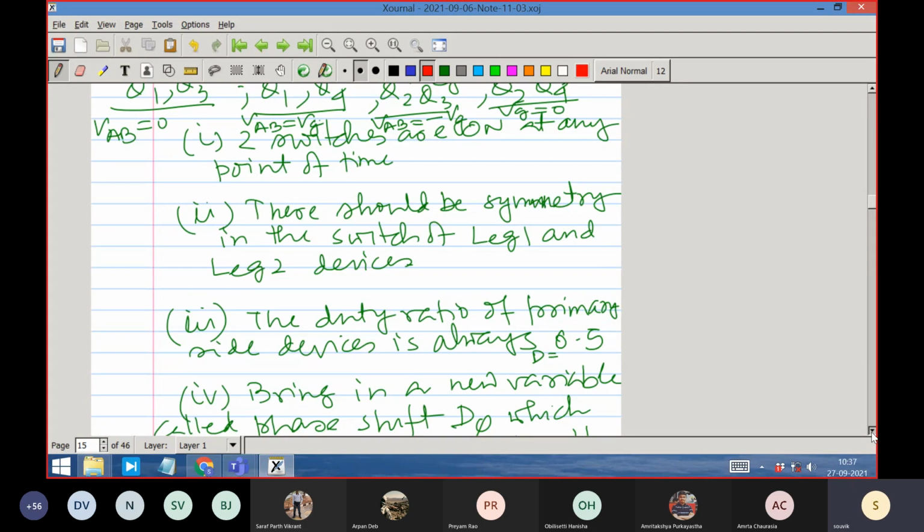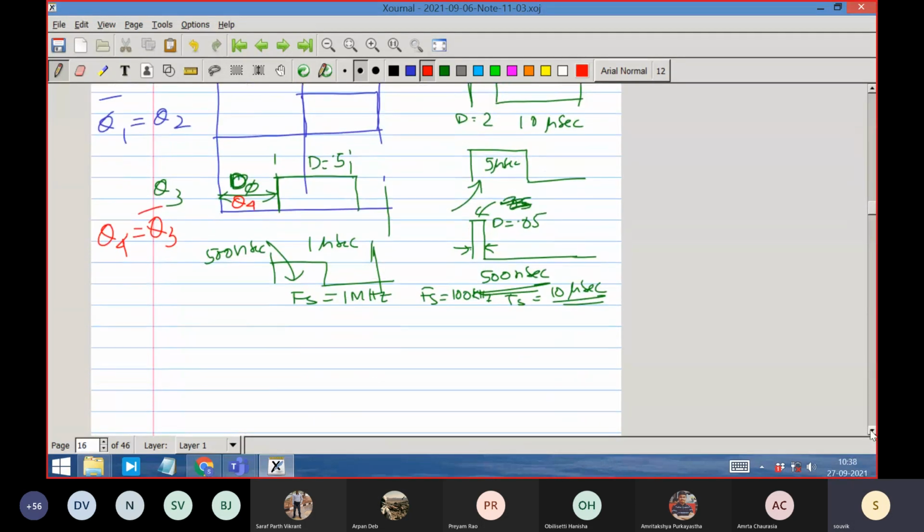You know that, so you can sketch the VAB waveform. During this phase shift, VAB is plus VG. You have created the maximum voltage that is available. This is the VAB waveform for this duration D5. You have created it for D5 duration, or D5 TS. If you want to convert it into an equivalent time, you say D5 TS.